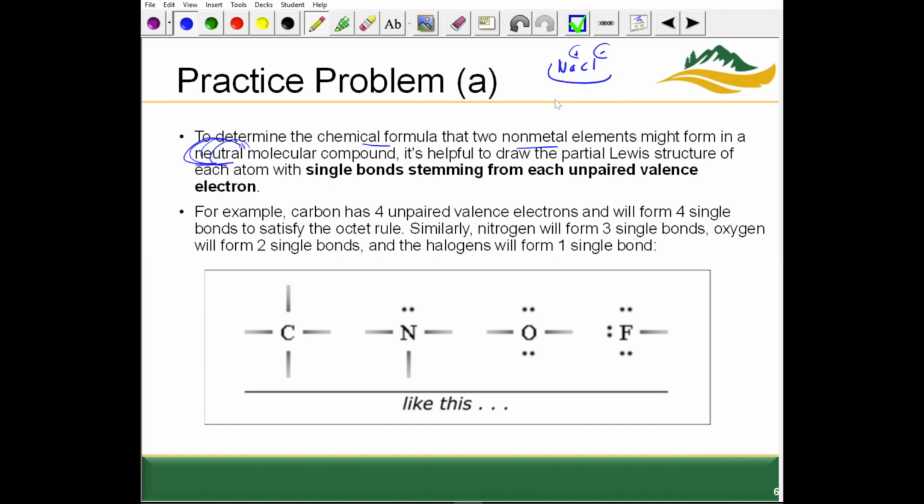So overall, NaCl as an ionic compound is neutral. So we're looking to form neutral but molecular compounds. This is not a molecular compound. This is an example of an ionic compound: a metal and a nonmetal. We also don't typically see Lewis dot structures as much for ionic compounds, and why might